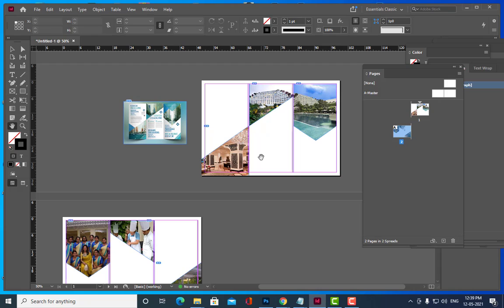First thing is, we will get the logo of our brochure. Are you all getting my point? We will first get the logo of our brochure.